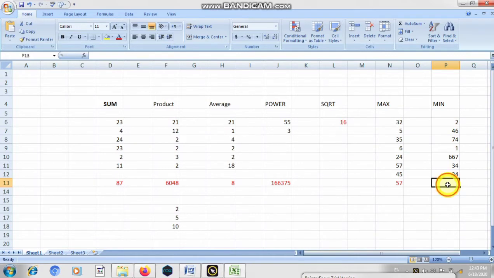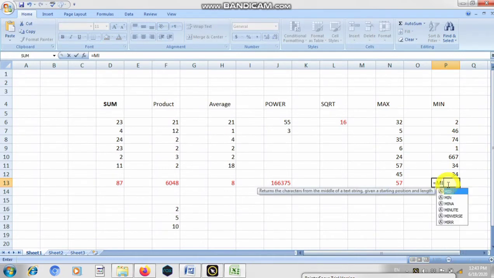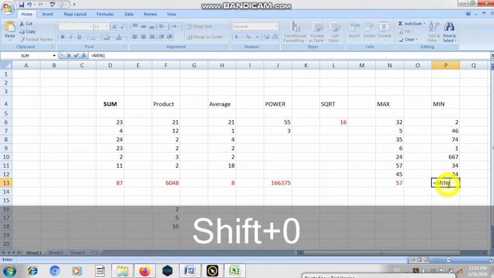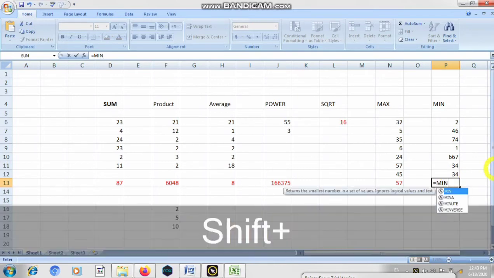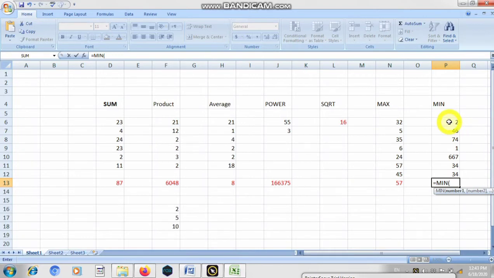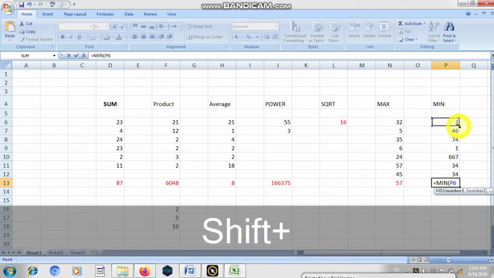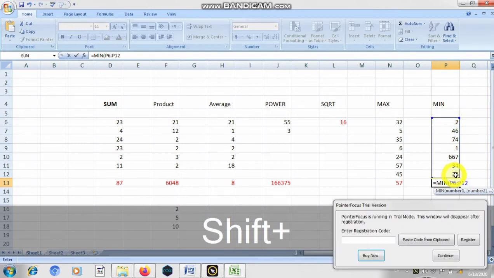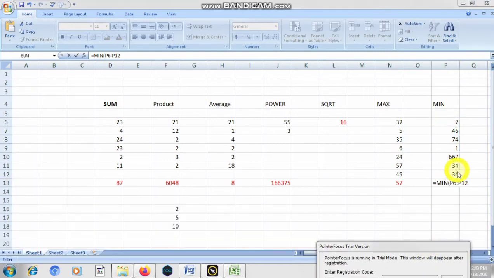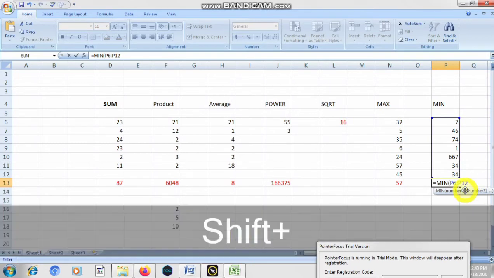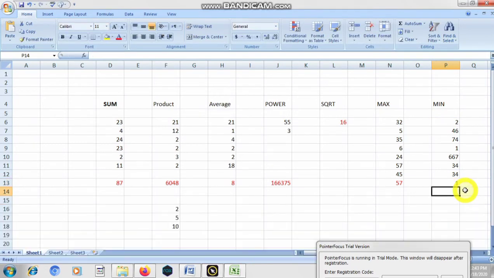So you just have to click on the equal sign, the function is minimum, bracket open, click from your start value, hold shift and drag it down to your last value, and then drop, and it will close the bracket and automatically calculate. As you can see, the minimum value is 1, so we are going to highlight it in red color.